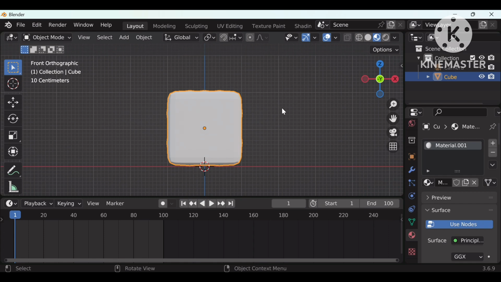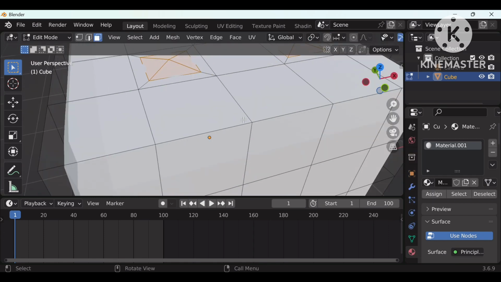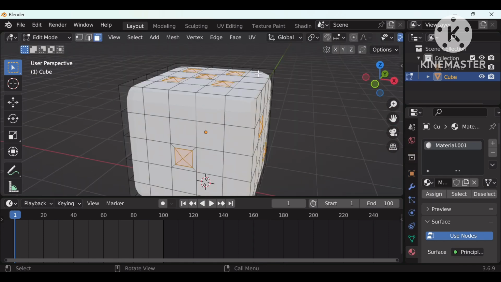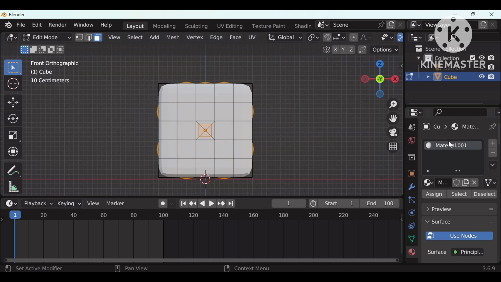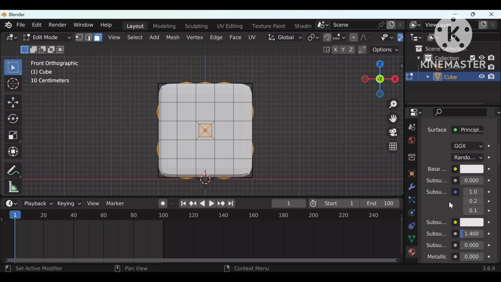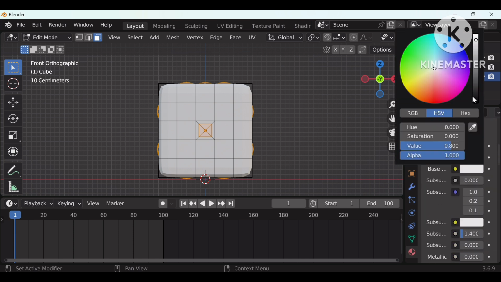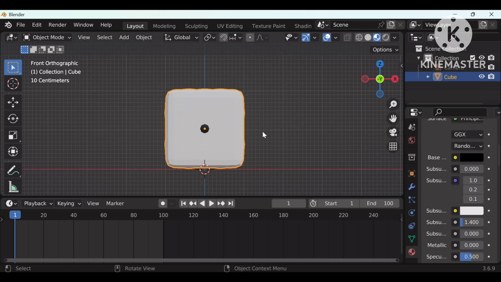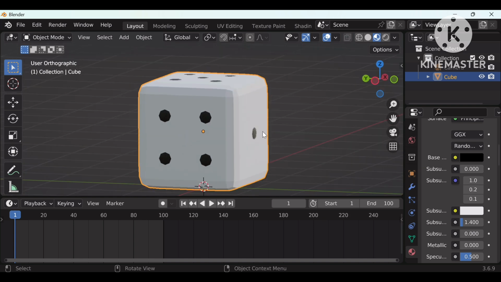To fix that, we want to go into edit mode again, and when you go into edit mode, the dots should already be selected the moment you go into edit mode. So what we want to do next is click plus, new, assign, and then we can change the base color to black. And now we will have a dice in Blender, but you're probably wondering,